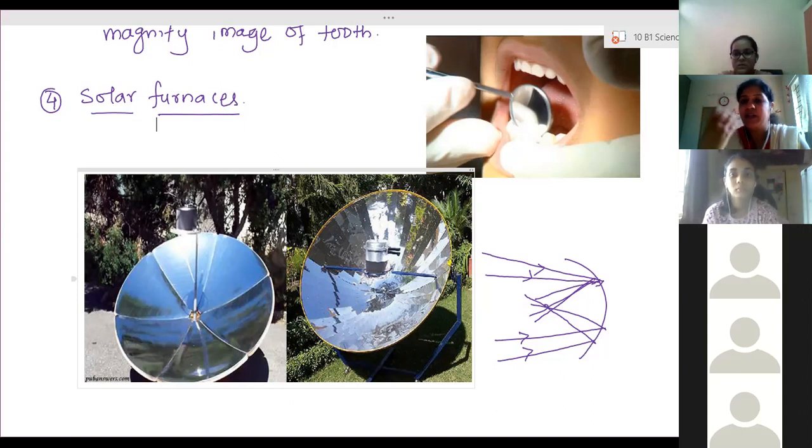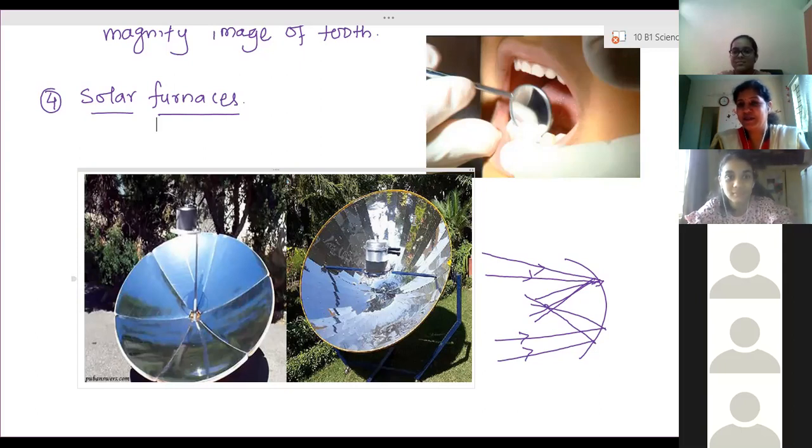When we burn it also, it won't catch fire immediately. We have to put kerosene or petrol over that, then only it will catch fire. And now that person has just held that wooden block near the focus of that mirror, or this concave part, and it started burning immediately. So you can imagine how large an amount of heat energy is concentrated in a small area, and which is free. That heat energy is free in nature.